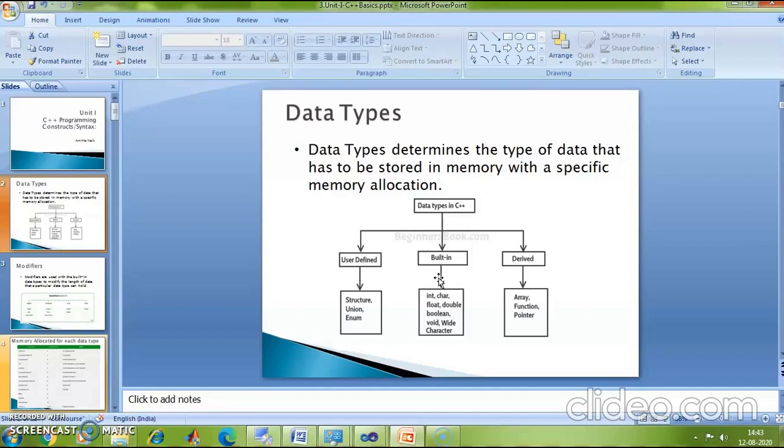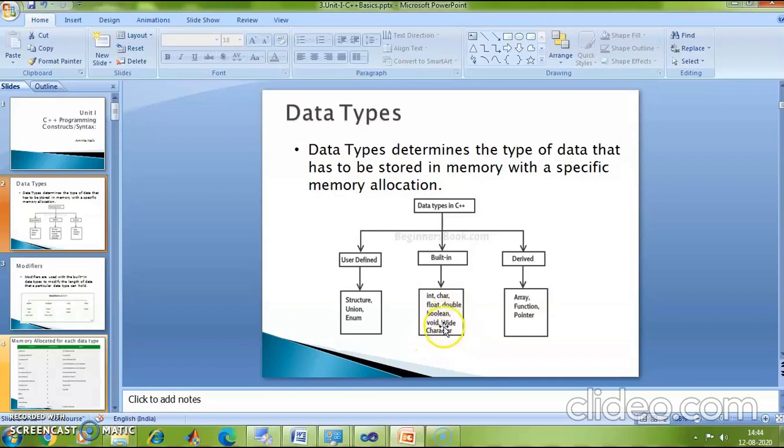For example, int, char, float, double, boolean, void. And there is something different from what you have studied in the C language. This boolean data type you do not find in the C programming language. So also void characters.